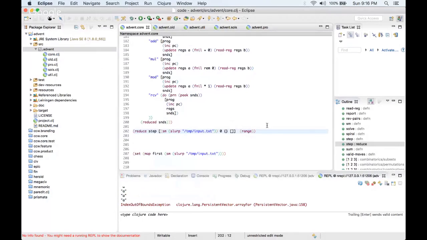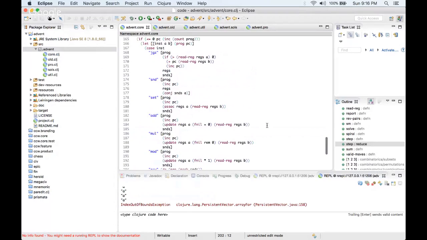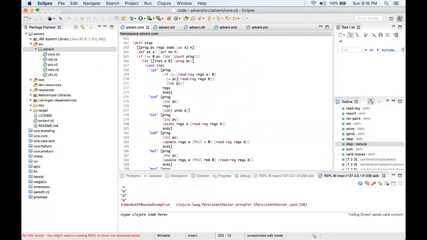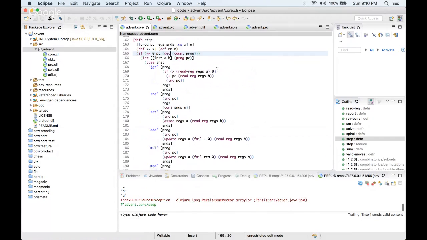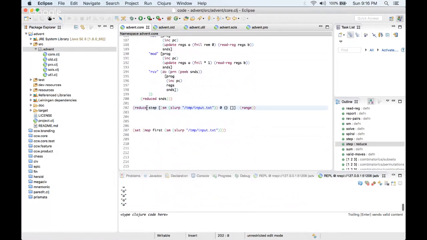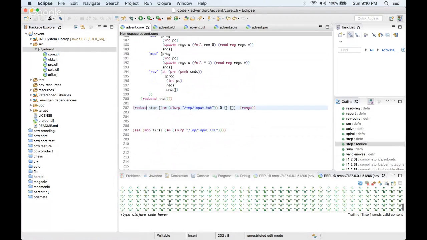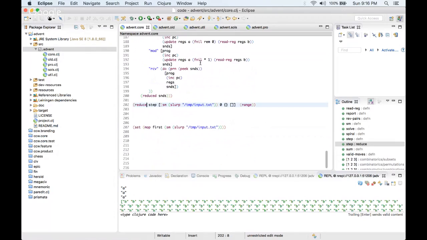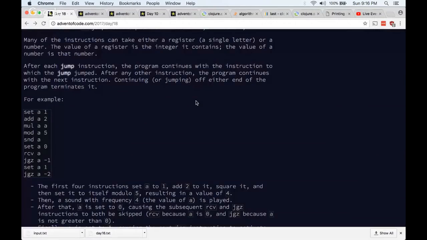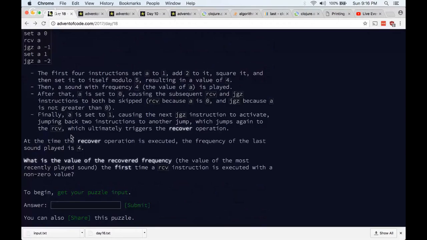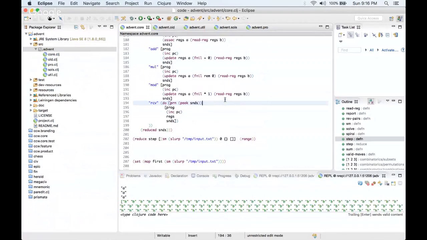All right, so I still don't like how we're getting the index out of bounds exception. It seems like if this value is, so if the count of the program is 0, I see, this actually has to be one less than it. Okay. Okay, and then, so recover the value. Oh, I see. Okay, so it seems like